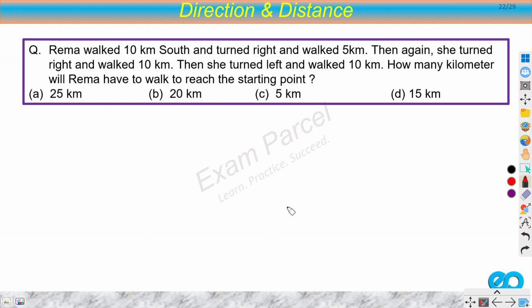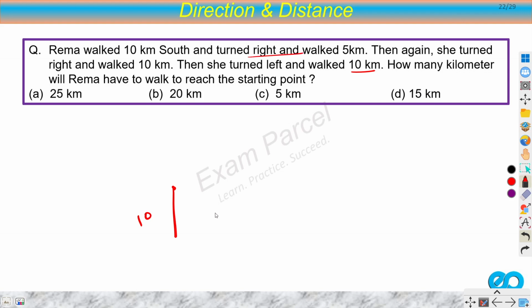Next question, Rima walked 10 kilometers south and turned right and walked 5 kilometers. Then again she turned right and walked 10 kilometers. Then she turned left and walked 10 kilometers. How many kilometers will Rima have to walk to reach the starting point? Okay, let's say this is the starting point of Rima. She walked 10 kilometers south